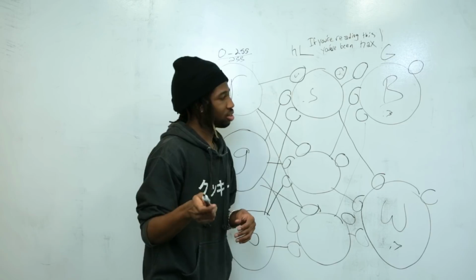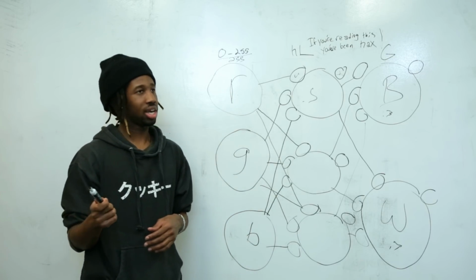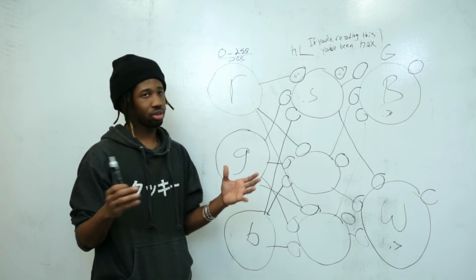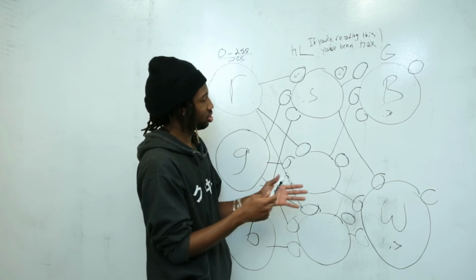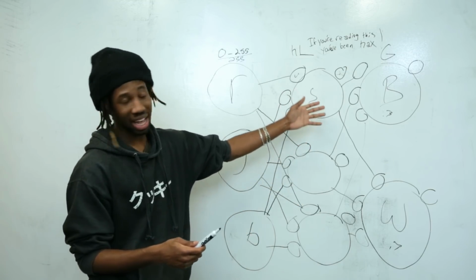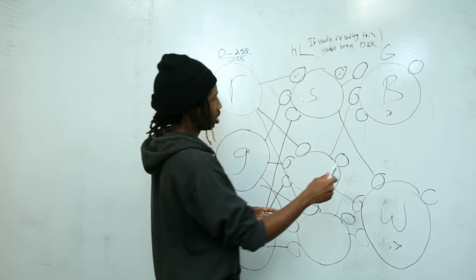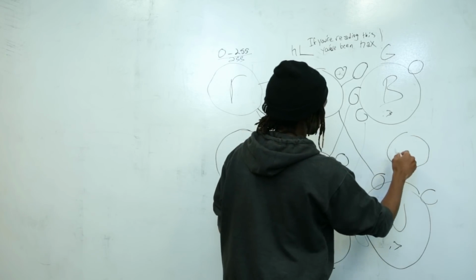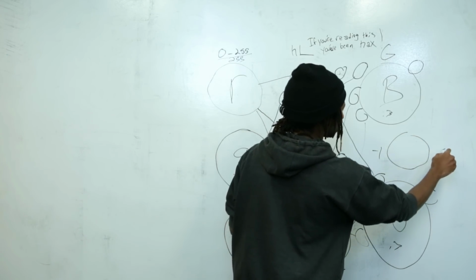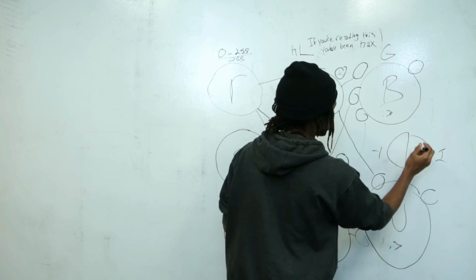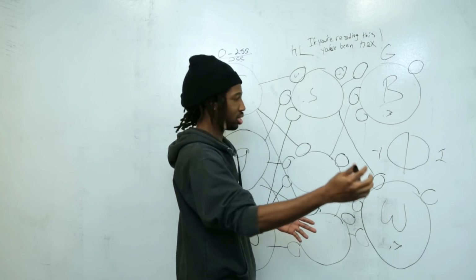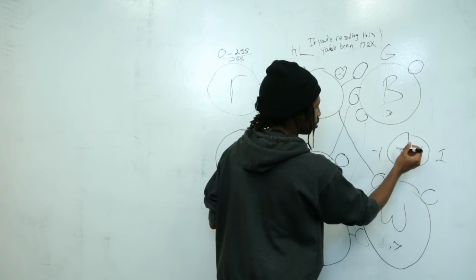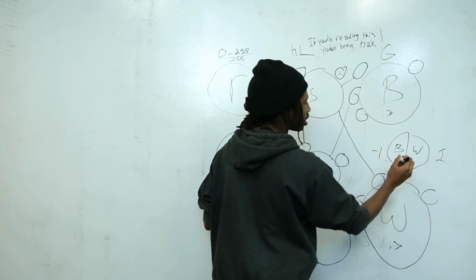Yeah, there's a lot of debate on this, and I agree with the side that it's easier to have classifiers versus just one output node that is mapped between -1 and 1. Then if it's above 0, it's going to be white, and if it's below 0, it's going to be black.